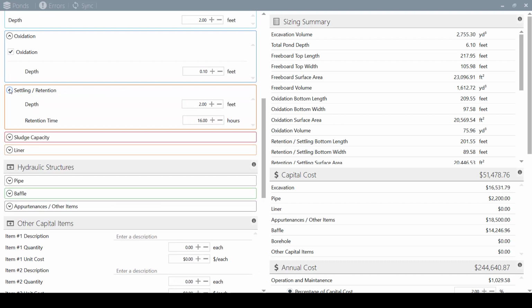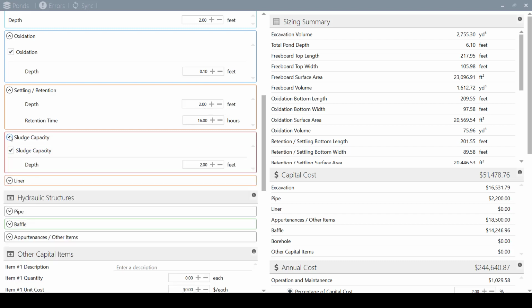As such, the sludge settling and capacity depths will be increased to 4 and 6 feet respectively. For the settling retention layer, the user can specify both the depth and the retention time within this layer, which relates to the sizing of the pond. The optional sludge capacity layer is the bottom of the pond where the settled solids accumulate, forming sludge that must